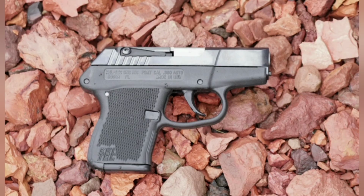The first cheap gun that I think is a great gun that hits the list is the Keltec P380. Now, when Keltec first came out with a P32, I got one, I liked it, but then shortly after they came out with a 380. Why carry a 32 when you can carry a 380? So I went with that, and I carried a little P380 in my pocket for years. And it is what it is. It's a 380, wouldn't be my first choice, but it's a tiny, flat, light gun, and in my personal experience, super